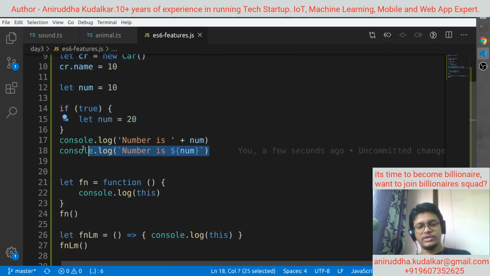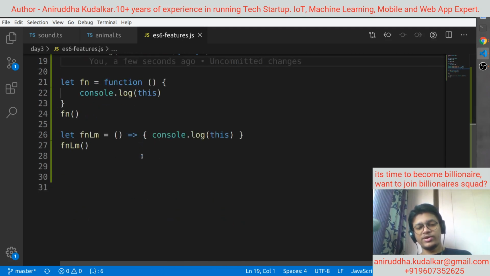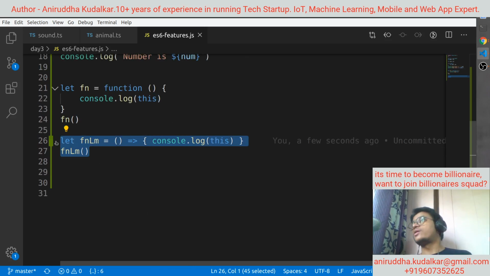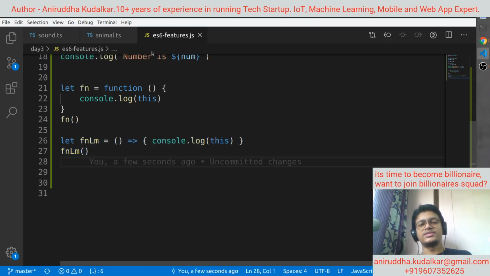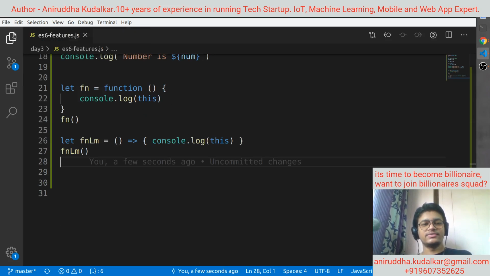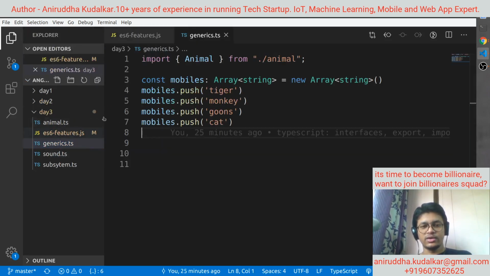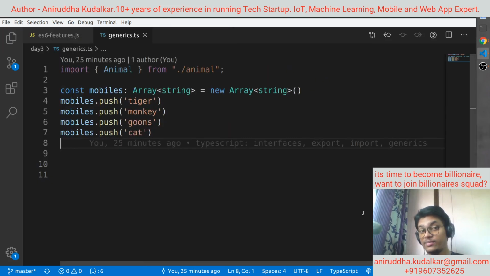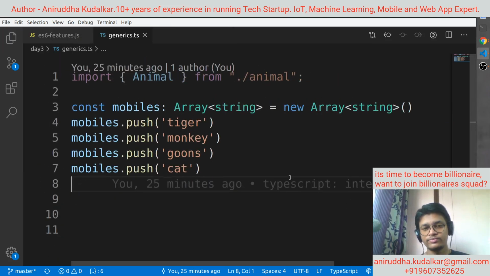Then we have studied the interpolation operator, and then the lambda functions, or the fat arrows. Well, fat arrows are available in TS as they are. I'll show you the implementation now. Implementation of fat arrow. See, I'm in the TS. I have switched it now.